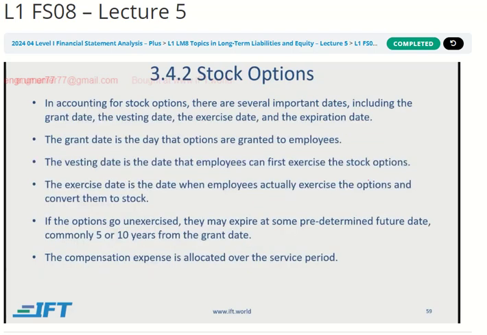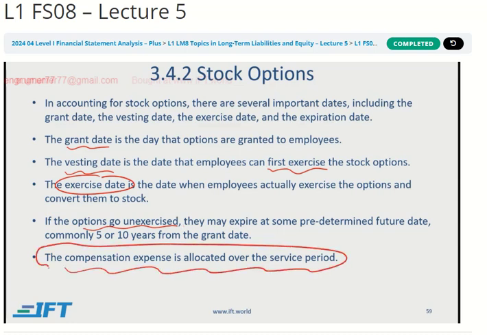What is the importance of dates? As far as stock options are concerned, number one is the grant date, at which it is granted to employees, but it's not immediately given to them. There is a vesting period, which means they have to first work through a number of years and then they can exercise that option. Then there is the exercise date, at which they can actually exercise it. Maybe the price will never go up, so some options will go unexercised, right? And if they are exercised, then definitely there is an expense,